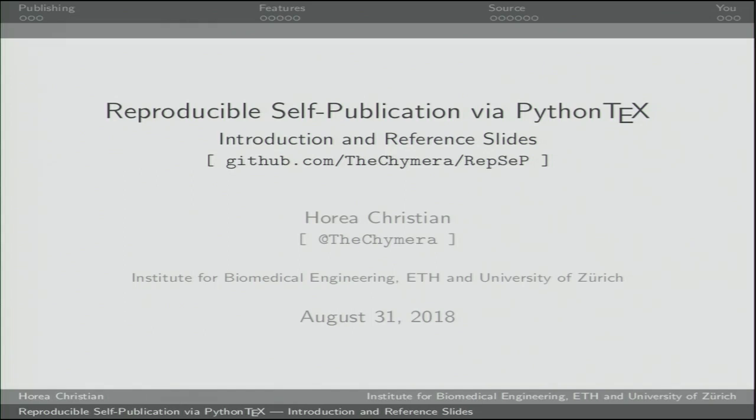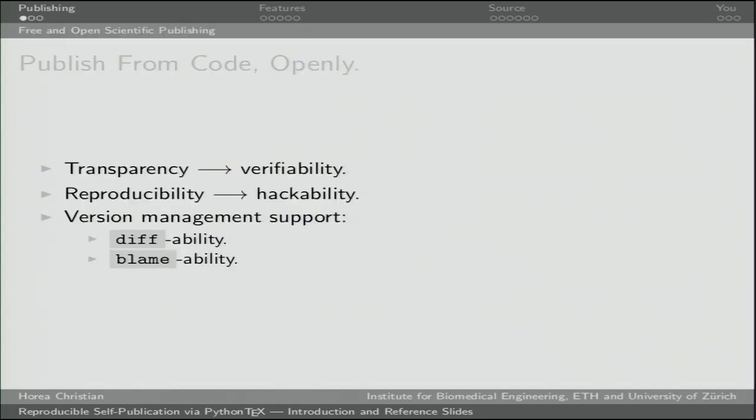So let's get started. What do we actually want from free and open source publishing? What do we want publishing to look like? Well, we want a number of things. First of all, we want transparency. But I think it's very important to remember why exactly it is that we might want transparency. I mean, transparency and reproducibility have been hailed quite a bit these days, and rightly so. But I think it's important that we don't let these words become a sort of mantra. Why do we need transparency?